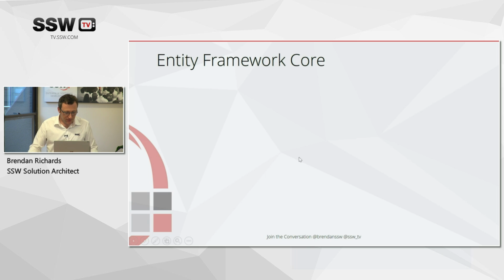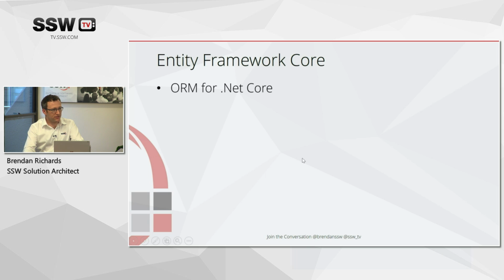Moving on to Entity Framework Core, how does that fit into this new .NET Core world? Well, basically, Entity Framework Core is the ORM for .NET Core. I did a quick search on Hibernate to see if there was anything going on in the Hibernate world to make it work with .NET Core, and I saw a few posts on their issues board saying, hey, we should make it work with .NET Core, but no real uptake, no real evidence of any effort or industry going on, whereas meanwhile Entity Framework is having a lot of work done. There's a very, very active GitHub, you see the issues coming in, there's people working on it and working hard.